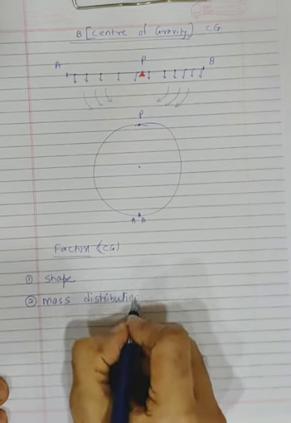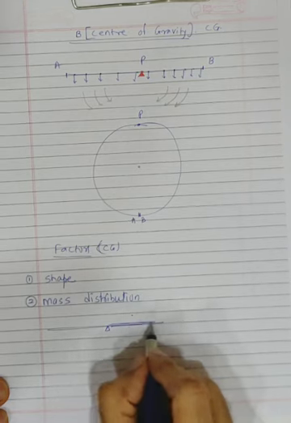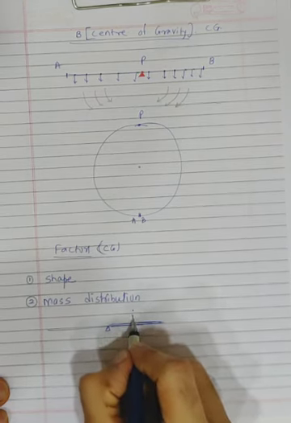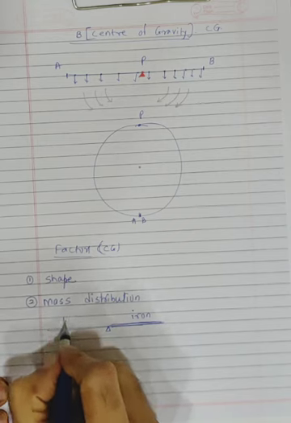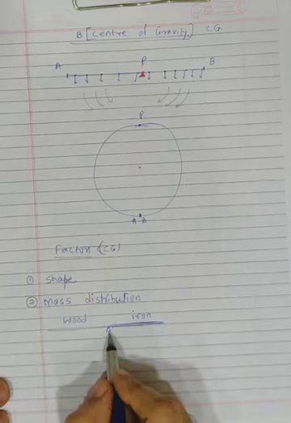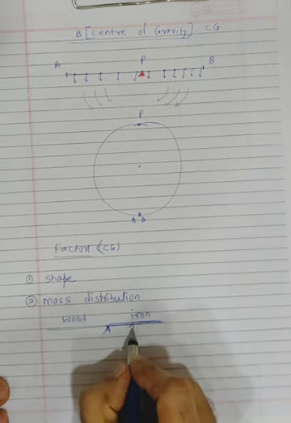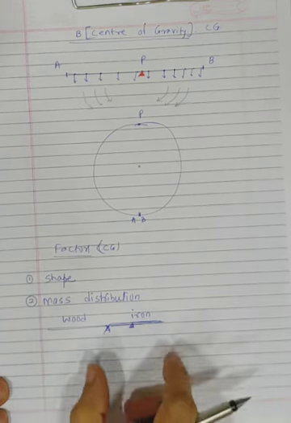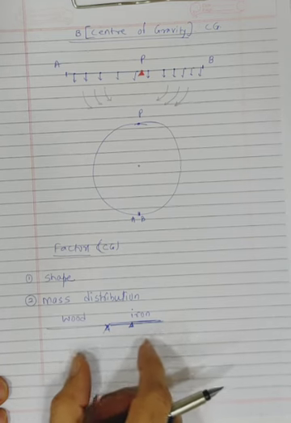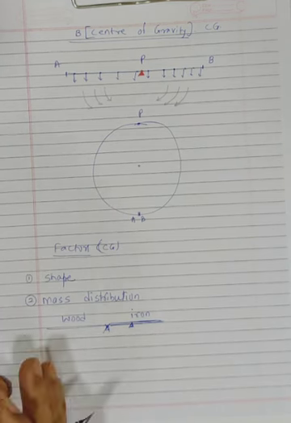What do you mean by mass distribution? Say you have a rod. The right side of it is made up of iron, and the left side of it is made up of wood. Will you be able to balance at this point? No, it will not work. You will not be able to balance at this point. Where will your center of gravity be now? You might have to balance somewhere here. Why? Because iron is a heavier material compared to wood, and that's why you cannot mark it on the midpoint. Got it? So your center of gravity would have shifted somewhere there.